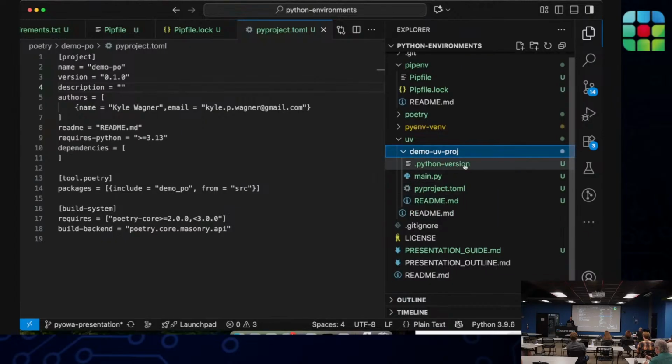And UV, a couple of observations from me, aside from the one that everyone makes, which is that it's very fast, and that's one of its big selling points. It's kind of built to be an enhancement to pyenv and venv. It uses those tools to manage the Python version and the virtual environment.